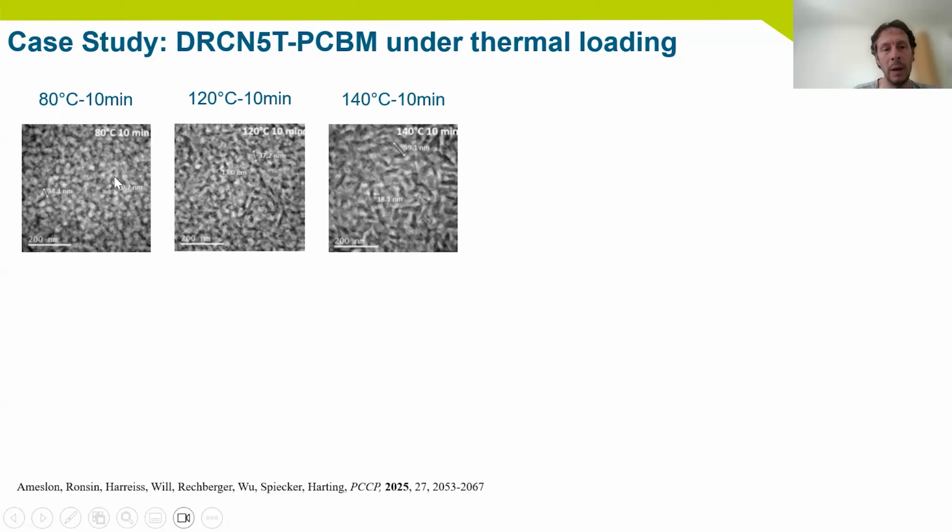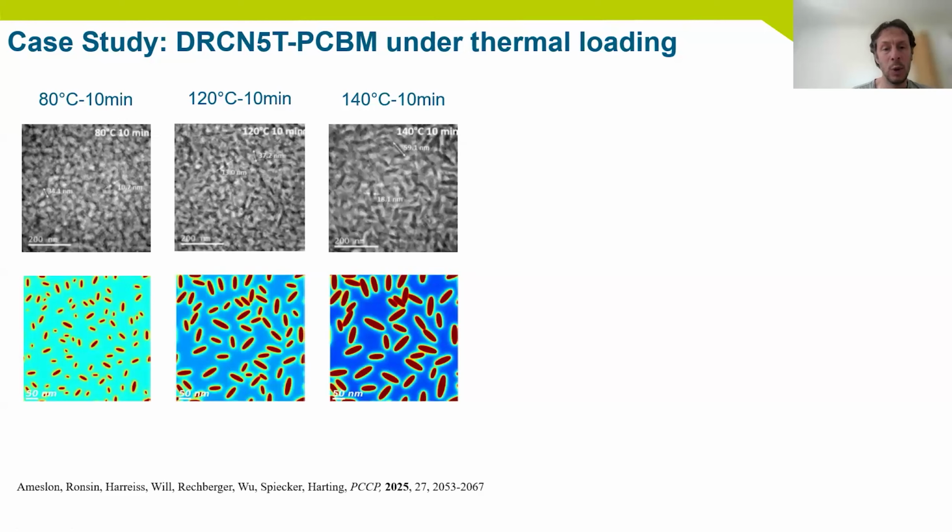And the higher the temperature, the larger you see these black domains, which are actually leaf-shaped small molecule donor crystals. Here you have the phase field reproduction of this. So this is 2D, whereas the TEM picture is somewhat 3D because, of course, the TEM sample is not infinitely thin. But basically, you see that we can reproduce this pattern globally. And here I give you the example of 150 degrees, how it looks like depending on time in